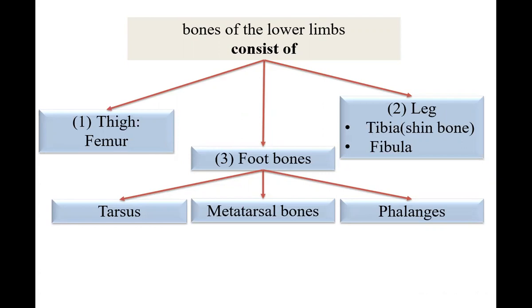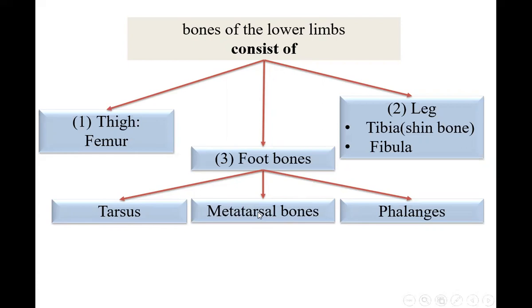Just like in case of the hand, we studied different bones, similarly we have bones in the foot. Just like there, we had carpal bones, we have tarsal bones here. Just like in the hand, we had 8 carpal bones, but here there are only 7 tarsal bones. There we had metacarpal bones. Here we have the 5 metatarsals. There were 5 metacarpals, here they are called metatarsals. Slight change.